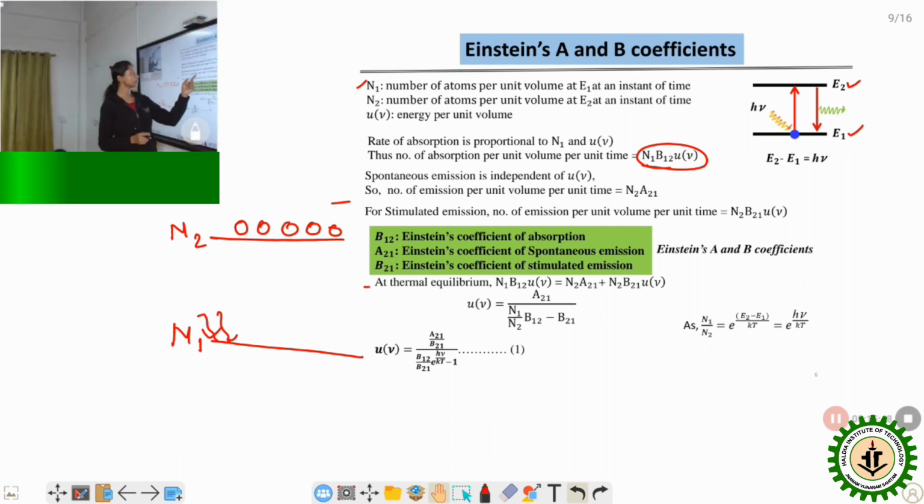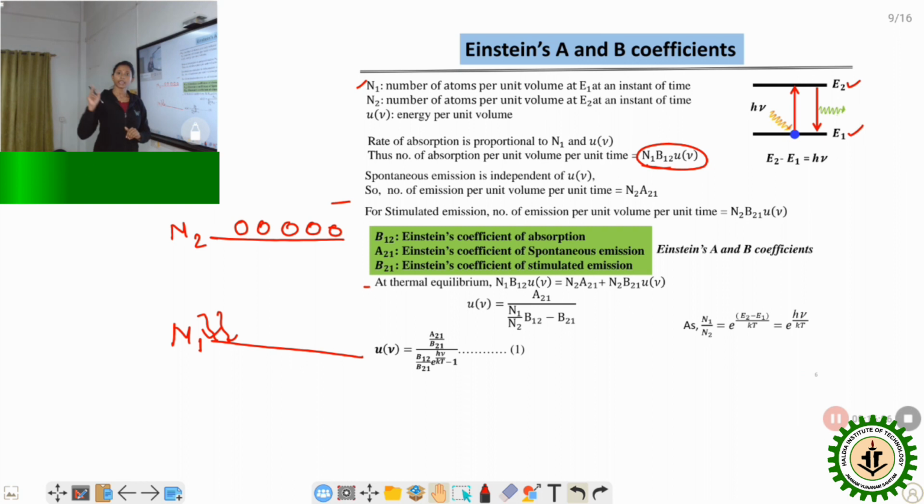So that's why the number of spontaneous emissions per unit volume per unit time is N2 A21, where A21 is the proportionality constant. Now, for the case of stimulated emission,